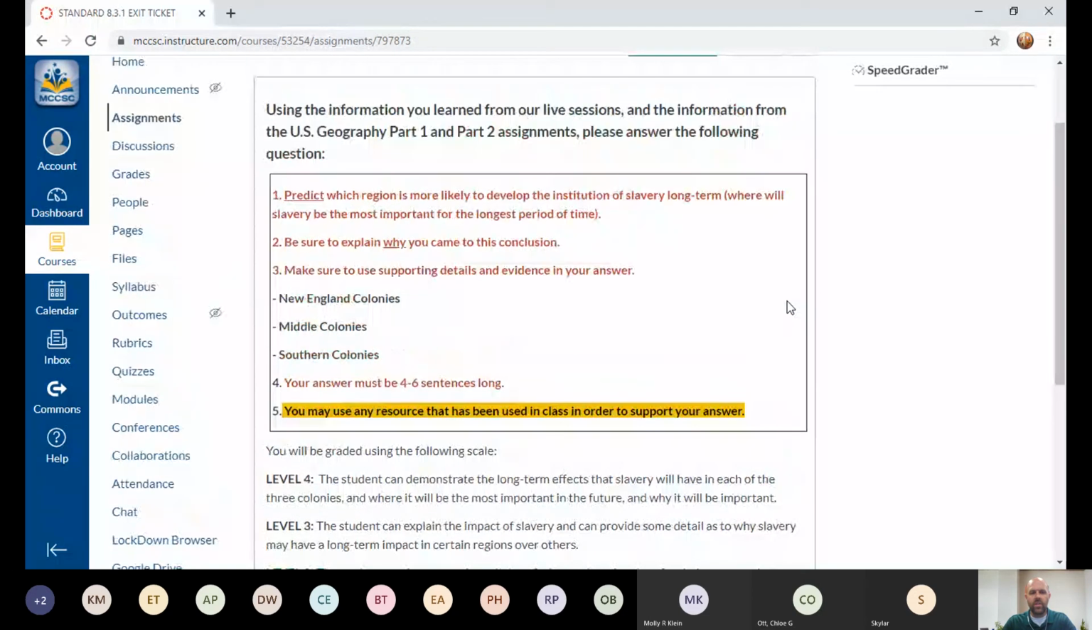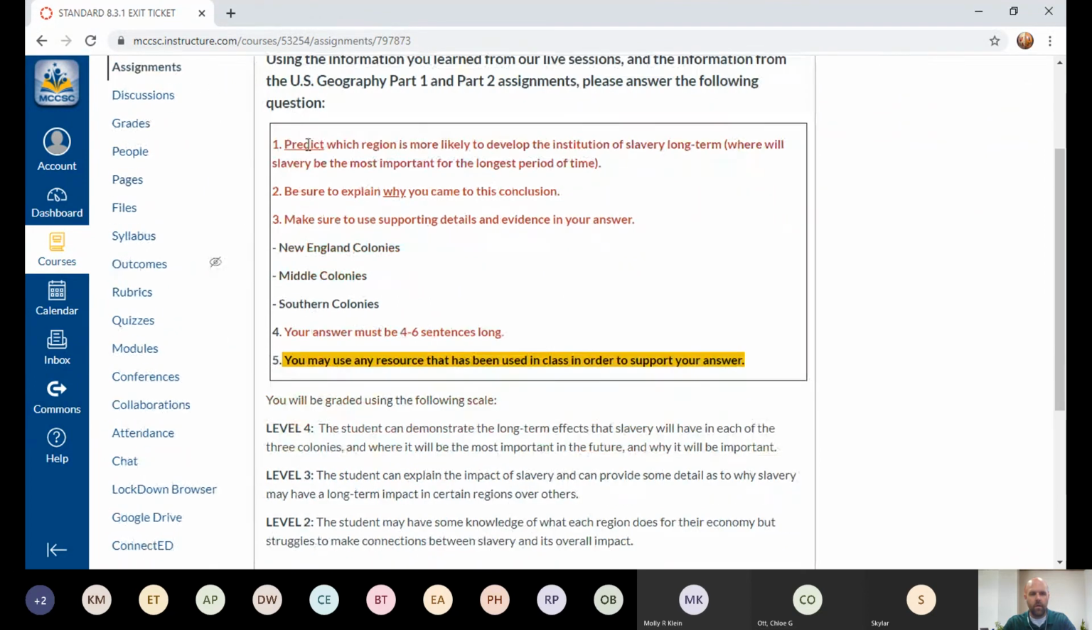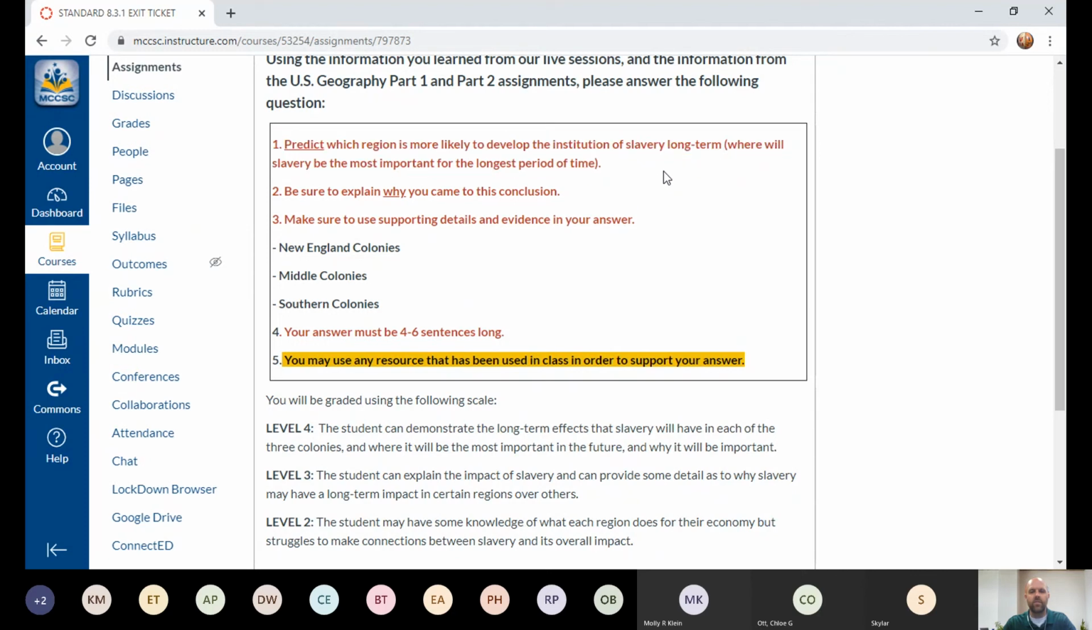The question itself is in the box. The directions here, we're going to go through this together. All right. Using the information you learned from our live sessions and the information from the U.S. Geography Part 1 and Part 2 assignments, please answer the following question. Predict which region, so predict is level 4, predict which region is more likely to develop the institution of slavery